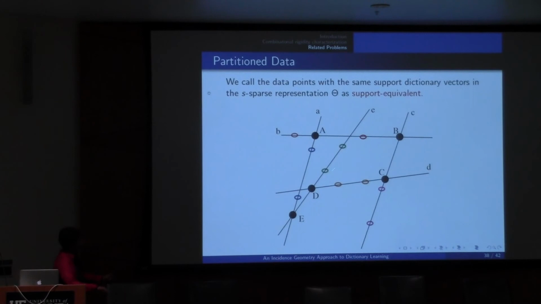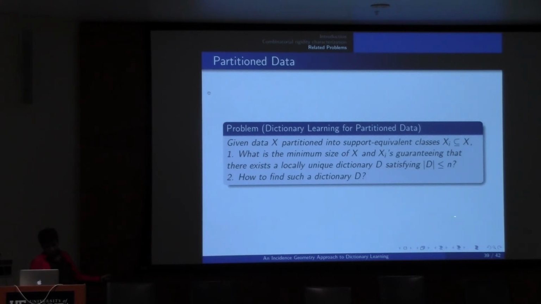And so these are some other problems which, because usually you don't have a unique solution, you can always talk about a notion called support equivalence, which adjusts for this. So you have another problem which essentially says that if you have data that are partitioned into support equivalent classes, then what is the minimum size guaranteeing that there's a locally unique dictionary, and how do you find such a dictionary? This I think we nearly have solved right now,